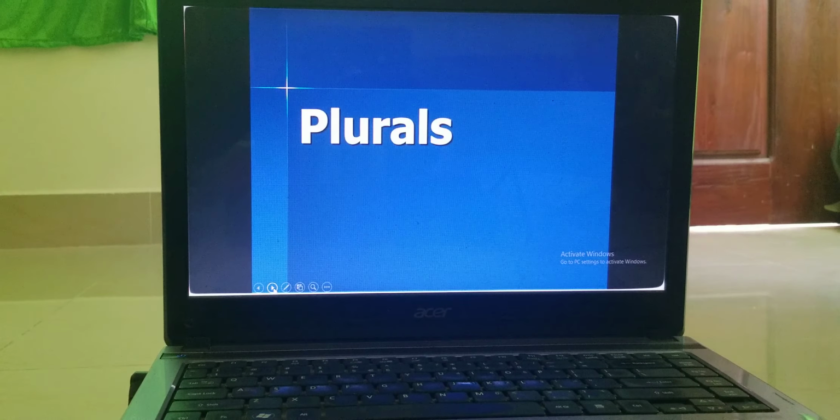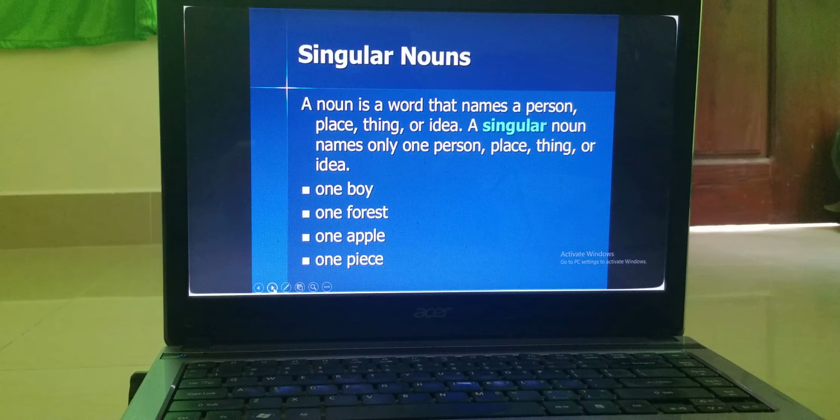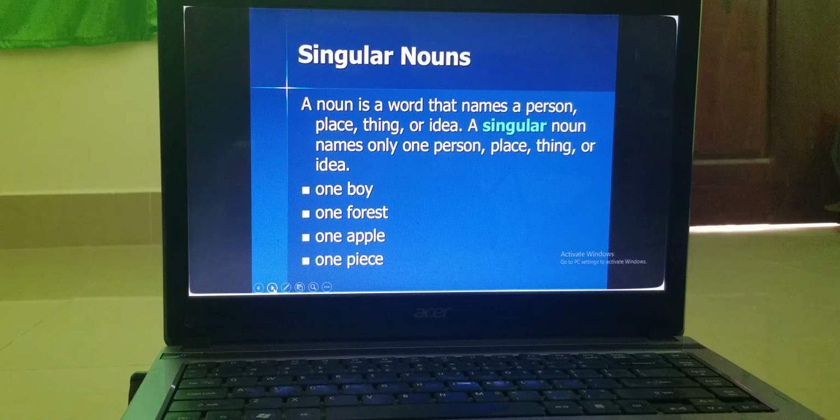So take a look at this slide. We will do the definition of the noun, but before we understand this definition, let us know the word noun. Okay, a noun is a word that names a person. For example, like the word one boy, one apple,